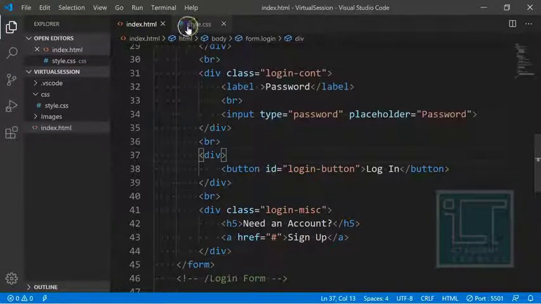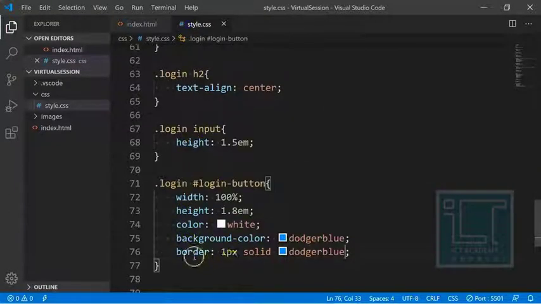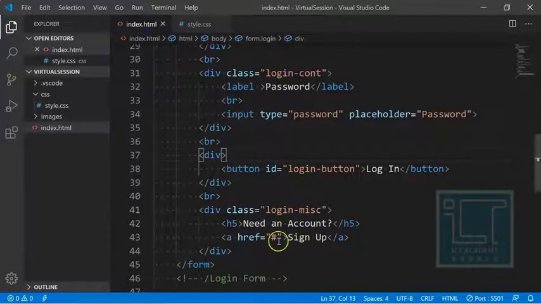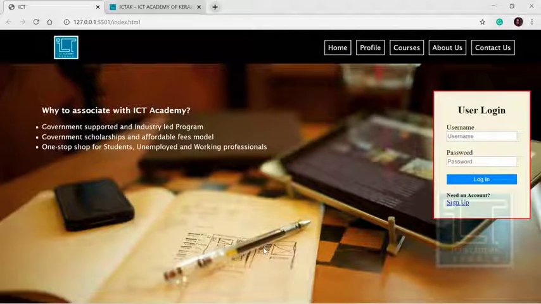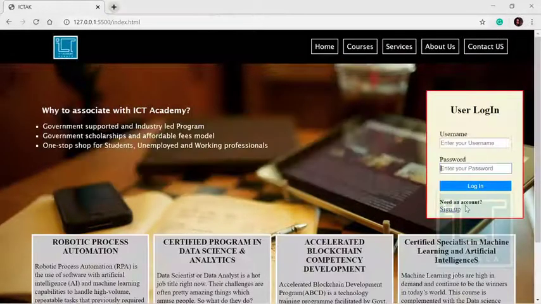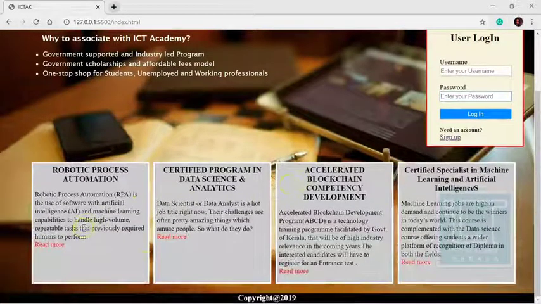So hence we set up the width, height, color, background color, and border of the button, and then finally the H5 and anchor tag that just need to be there. If you don't want any underline for this, then we can provide text decoration none. Since this is already having an underline, let it be like that. Okay, so that's all about the form. So almost 50% of our part has been done, and the final thing that we have to set is the contents and a footer. So that's all we have to do. Let's explore more.